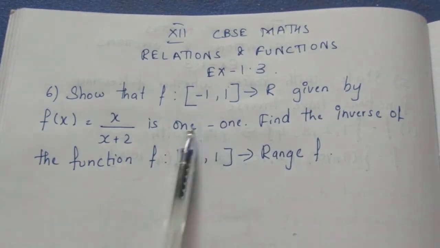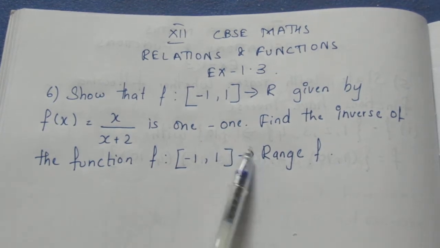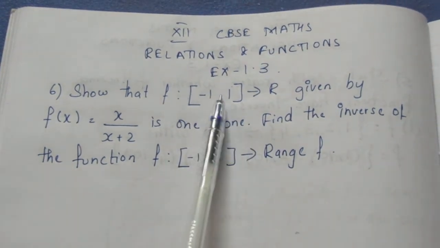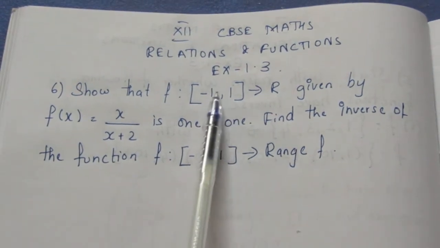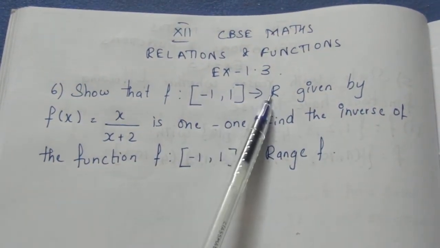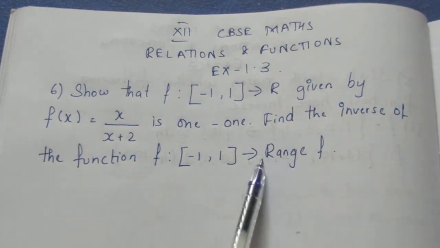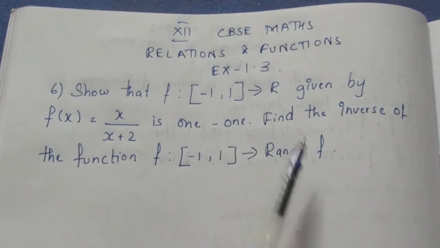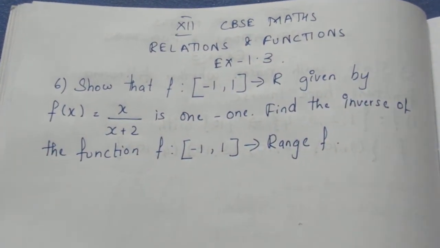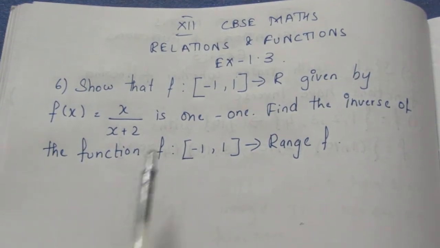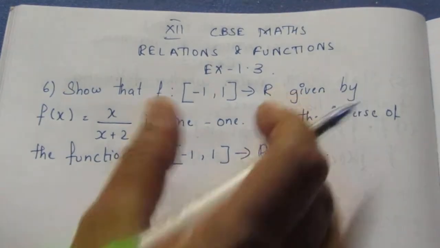Here we need to prove it is 1 to 1, but seeing the range, we know that this function goes to R and the same function goes to range. Usually this is domain, this goes to codomain. Here the codomain is nothing but the range. That means the codomain is equal to range, so it is also an onto function. If it is 1 to 1 and onto, therefore the inverse exists. Now let me start with the first subdivision.